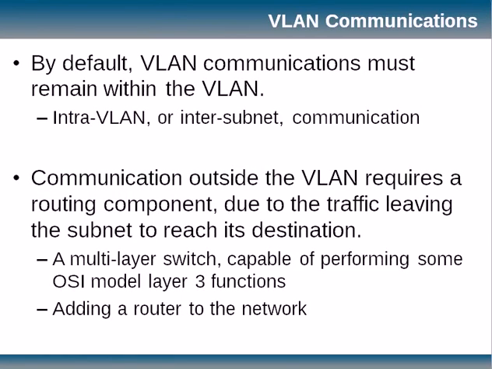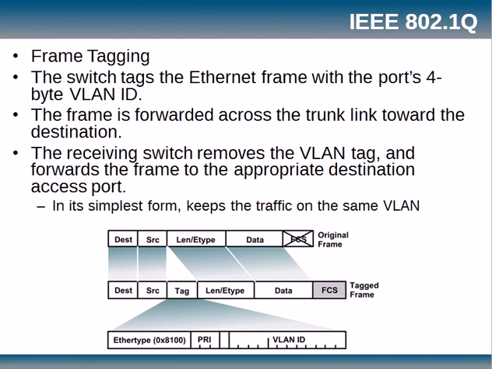Alright, as I mentioned at the beginning, communication is limited to being within a VLAN unless you throw a router into the mix. If you want to communicate from one VLAN to another, you have to have a router or some sort of routing component in place. The protocol that's used to carry the traffic from one switch to another, I mentioned, is the 802.1q protocol,